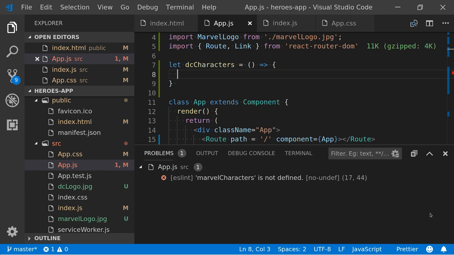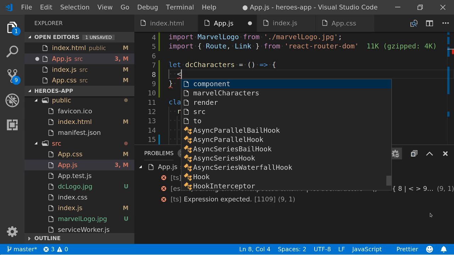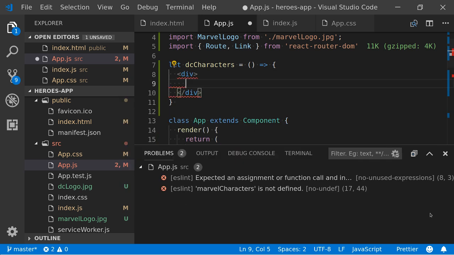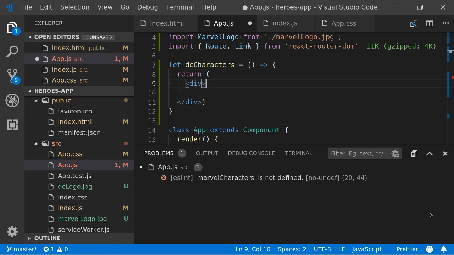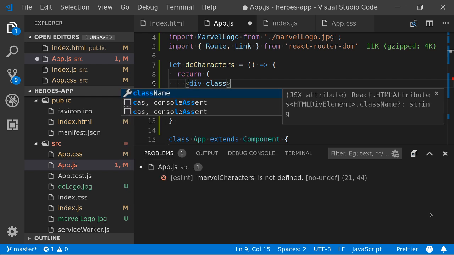What do we want to display here then, maybe? Maybe something about the character? Say again? Like a bio, yeah, like a bio of the character, yeah? So I'll create a div. Let's give it a class name. Bio's a good name, yeah?